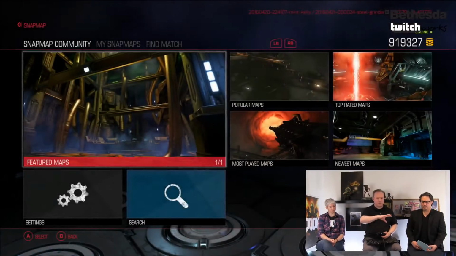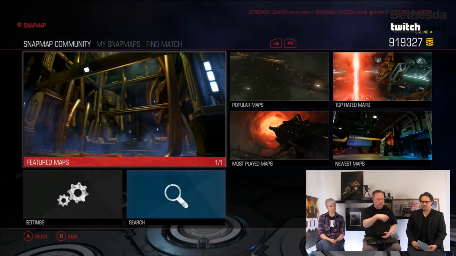You could also build more traditional co-op experiences that have narrative and story, or if you want to build something kind of single-player focused, let's do that. So here is kind of the Snap Hub. This is where everything comes in. As a player, you can find new